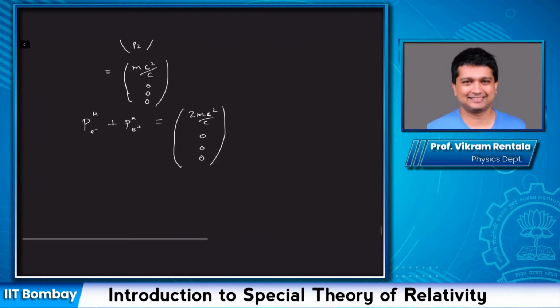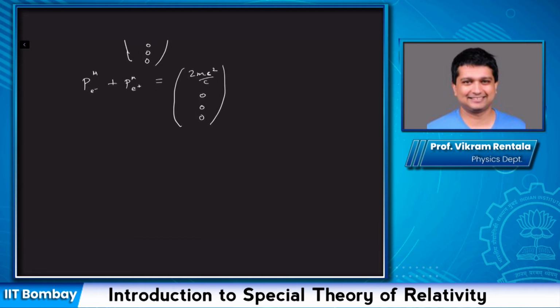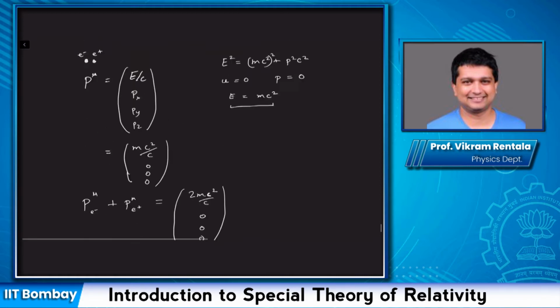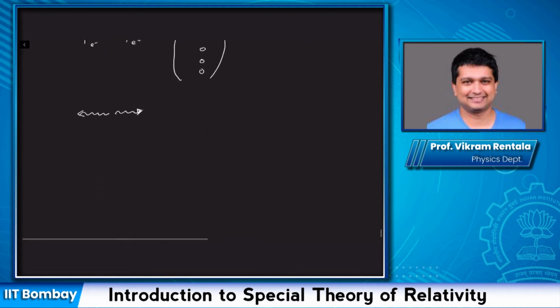Okay, and now for the final state, we'll assume that you have 2 photons, and these photons have to be produced back to back. Without loss of generality, it has to be true, otherwise they would not conserve momentum, at least in the reference frame where the electron and positron are at rest. So in what is called the center of momentum frame,